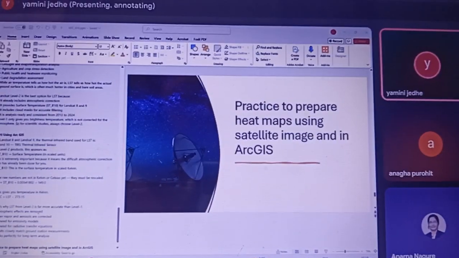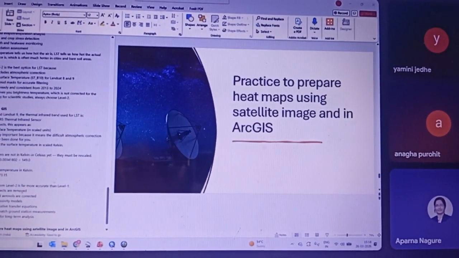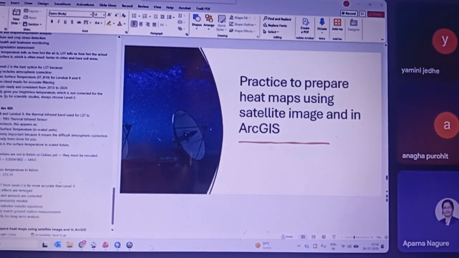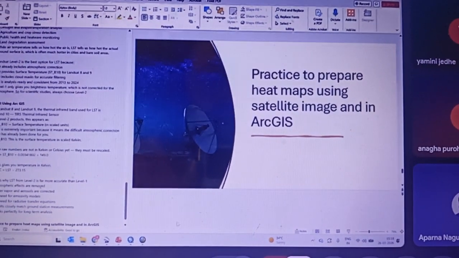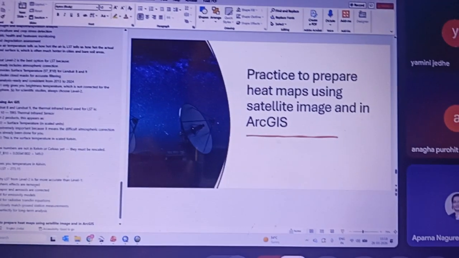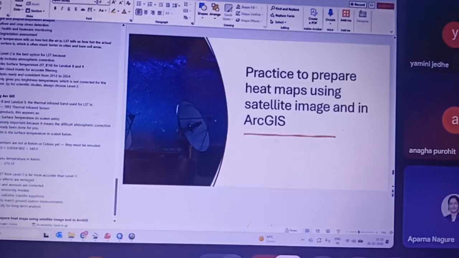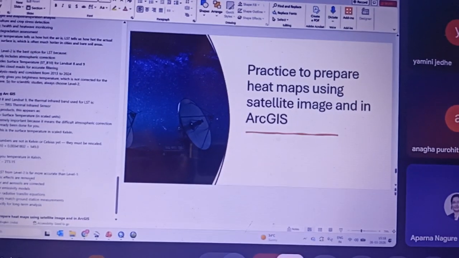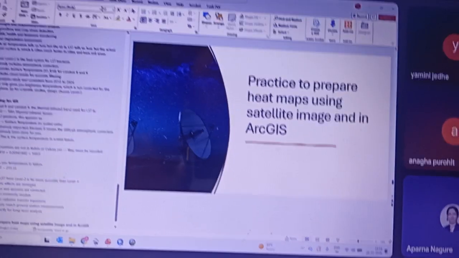Consideration in what sense, ma'am? About the heat island effect which you are doing, when you showed the causes, you showed the greenery, and you said the river is there, so heat is less, and we can predict that the structures are more, so heat is more. But then, in other ways,